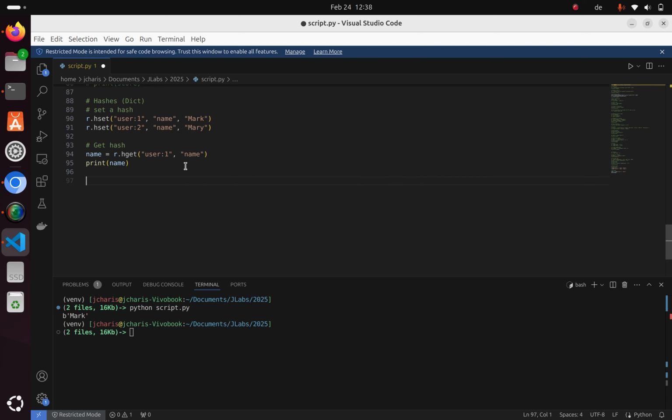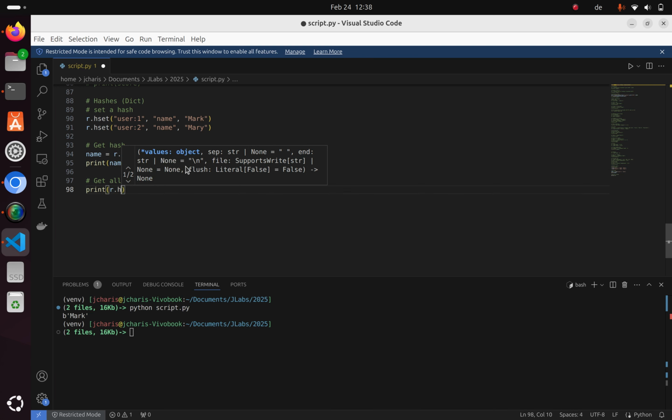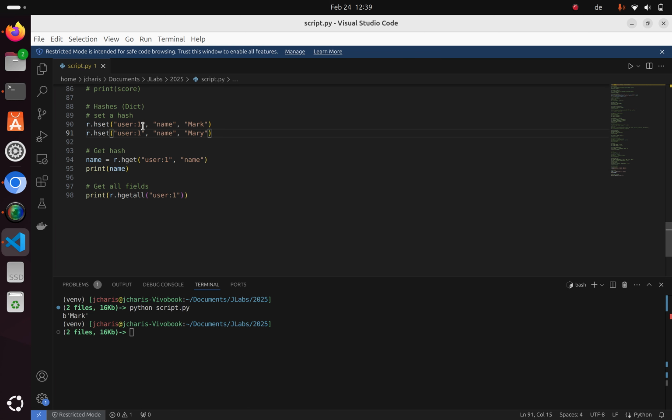In case I want to get all of them, so let's get all fields, you can simply do, let's do my print r.hgetall, then I'll specify, say, user 1. It is going to return all of them, right? In case I change this one and make it, let's say 2, it's going to return all the keys. Then if I print it, they have Mary, right? So we have the name there. Perfect. That is cool. That's how to work with